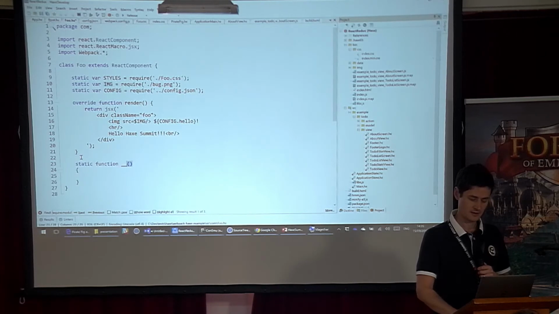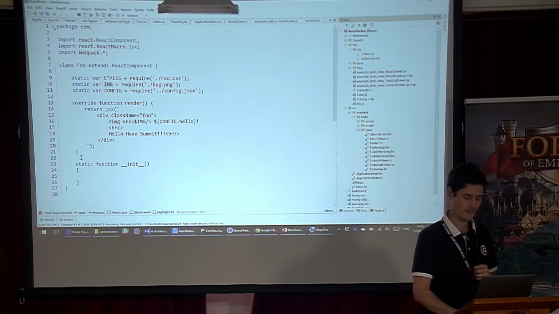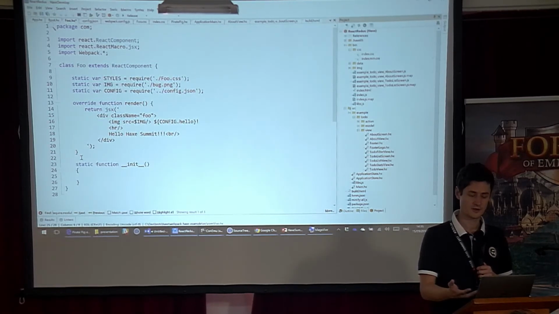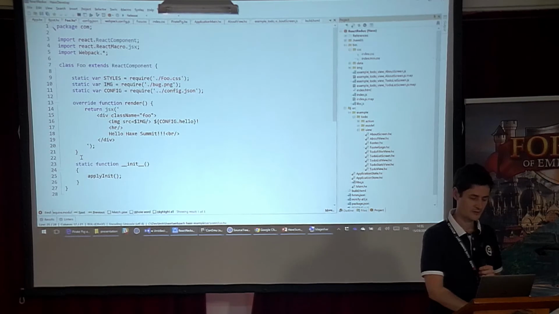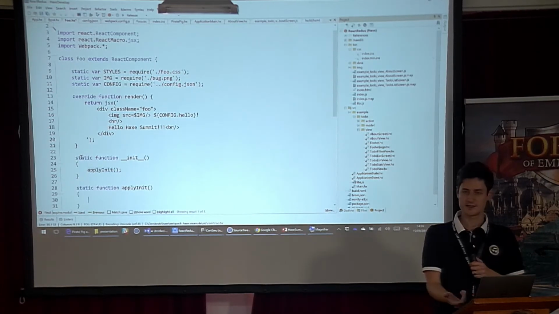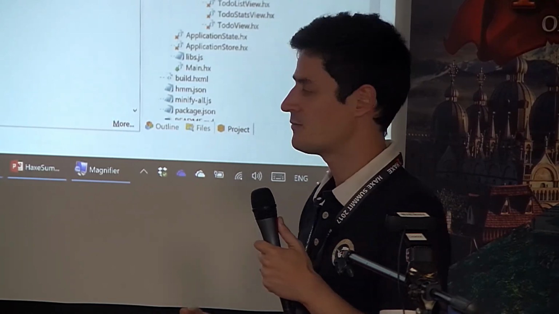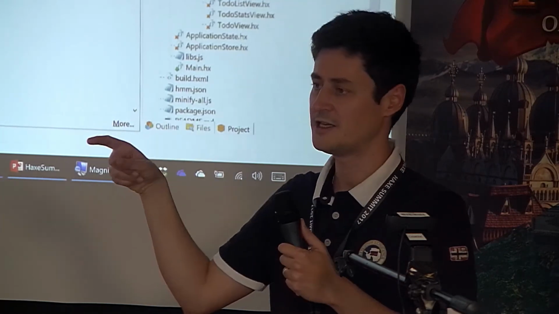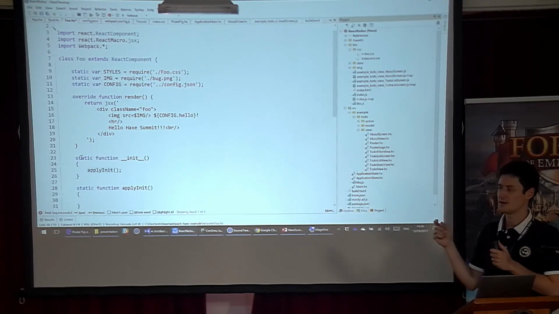So if you want to do a static init, that is a bit of a problem in OpenFL, and that should be changed. So if you do a static init, I would advise to use another static function to not put the code here, and you use a static function like apply init. And if you do that, this is going to be perfectly split, because the code splitting will identify the code in apply init as a bit of code that has to be extracted and inserted and moved in the bundle where this class is declared, and there will be no